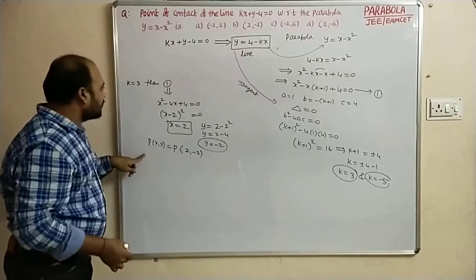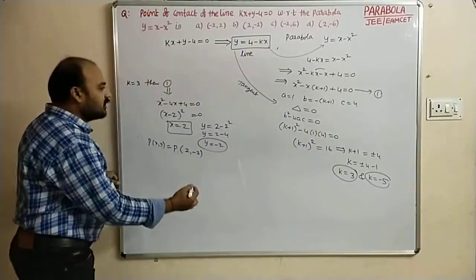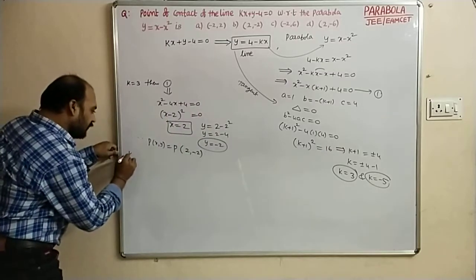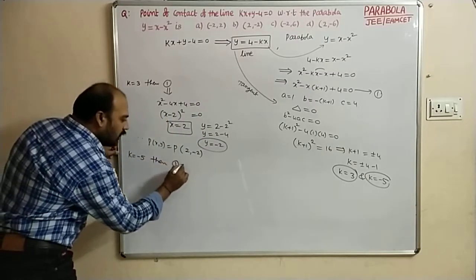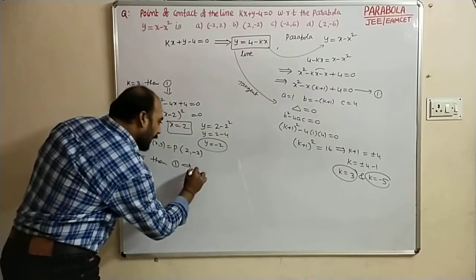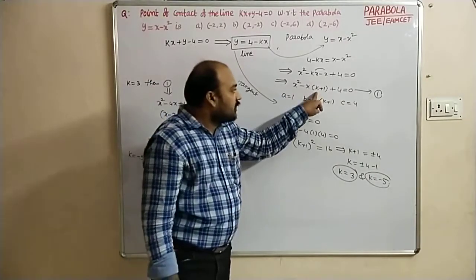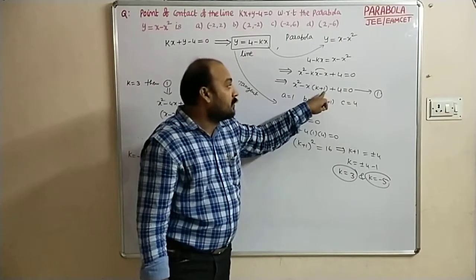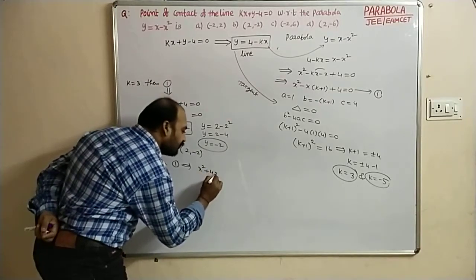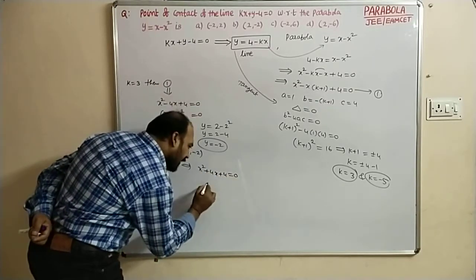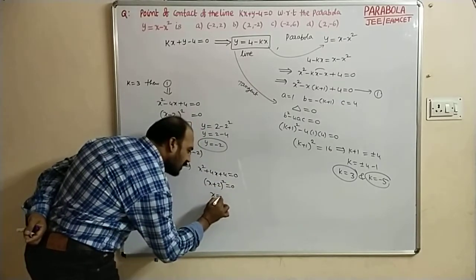But we should check according to the value of k equal to minus 5 also, whether it is having that, we will decide. If k equal to minus 5, then equation 1 implies x square, k value minus 5, substitute in this, minus 5 plus 1 minus 4x, minus into minus plus, so plus 4x plus 4 equal to 0. It is also an expansion of (x plus 2) whole square equal to 0. So x is equal to minus 2.